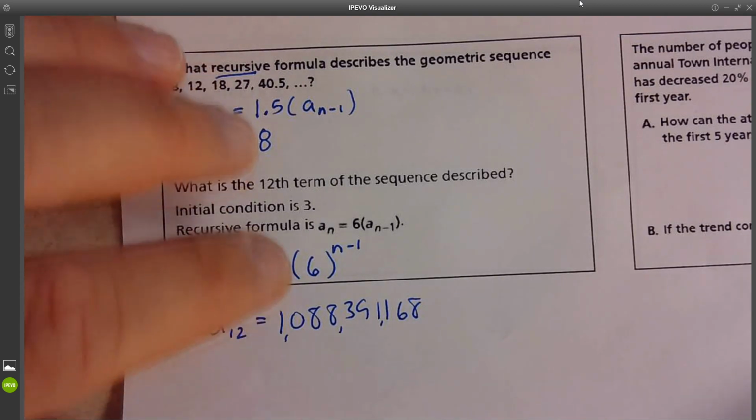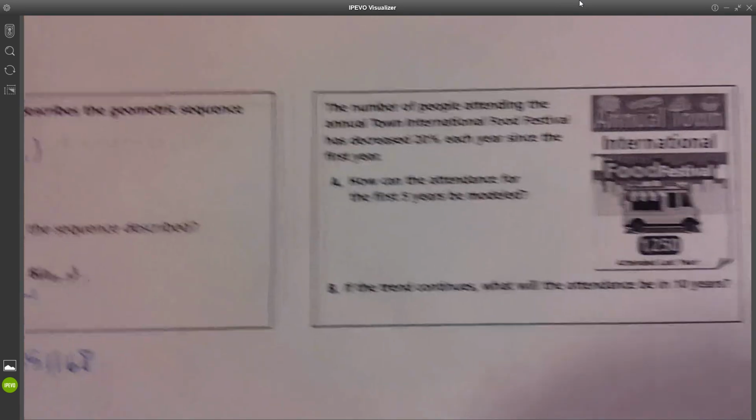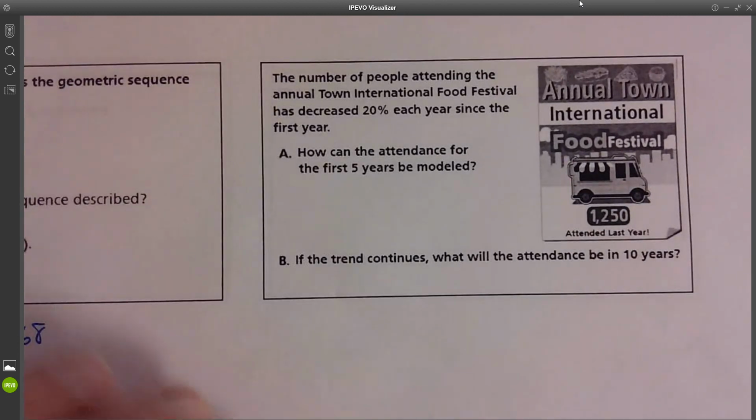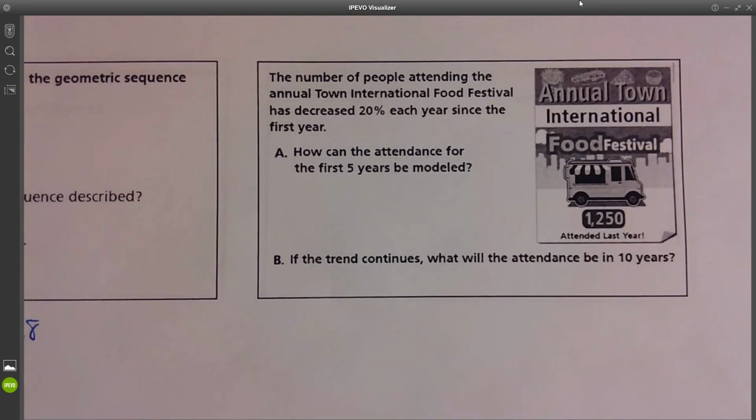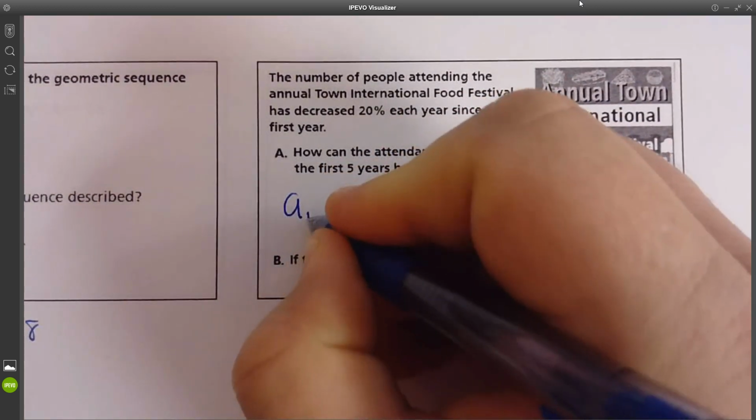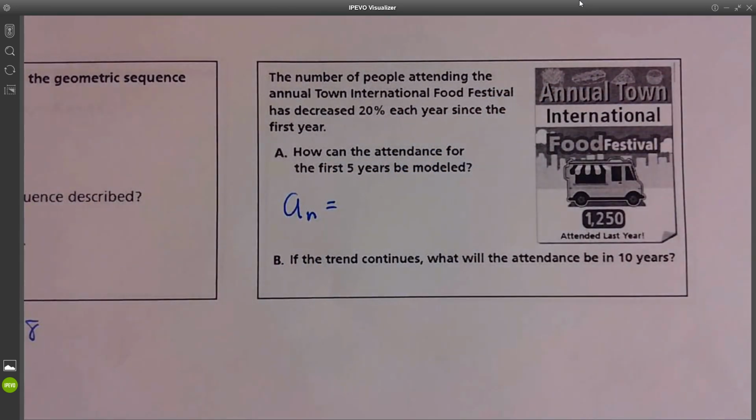Honestly, the hardest part I think with these sometimes is just remembering the two different types of formulas. Okay. The number of people attending the festival is decreasing 20% each year since the first year. How can the attendance for the first 5 years be modeled? So in other words, a sub n equals,